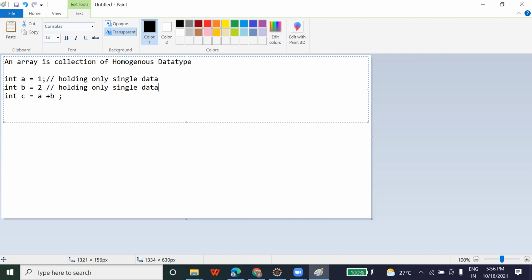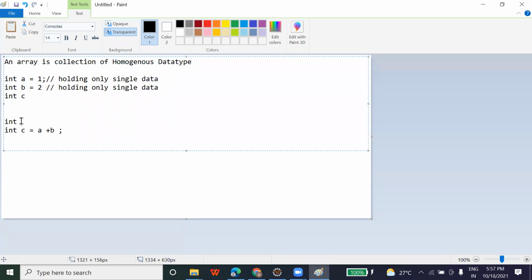You would need to write almost 100 variables, something like a to z, then a1 to az, and so on, since there are 26 alphabets. So according to this, almost 100 variables you need to create.